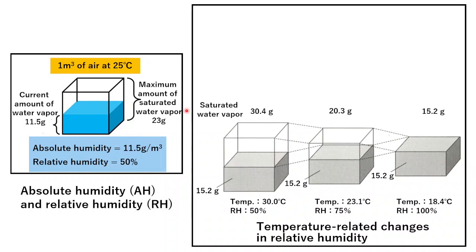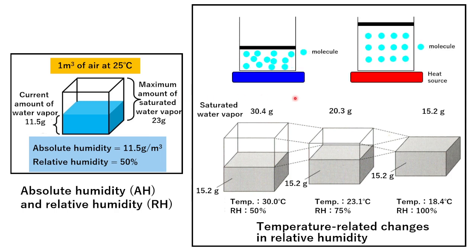The relative humidity varies with temperature. Again, the amount of saturated water vapor is expressed in grams as the amount of water vapor that can enter 1 cubic meter of air. So, we can think that the amount of water vapor that can enter the 1 cubic meter of air is limited. However, if the volume is kept constant and the temperature is raised, the movement of gas molecules becomes faster because it is hot, producing more thermal energy, and the volume of gas expands like this, so the amount of saturated water vapor increases.